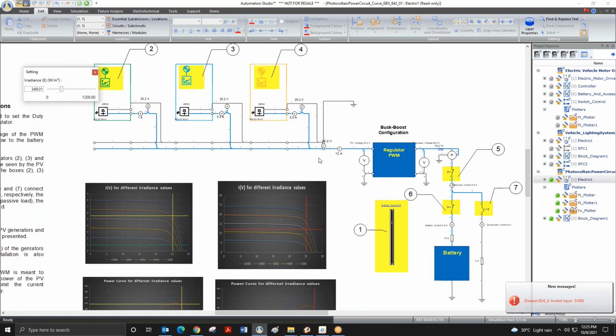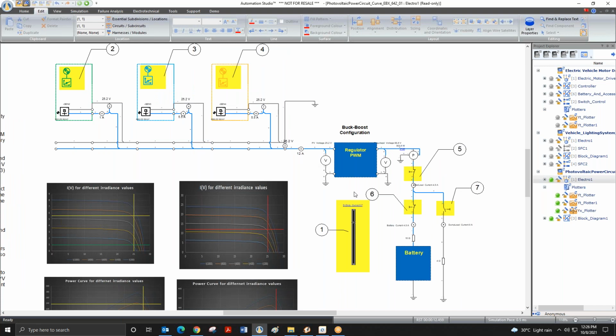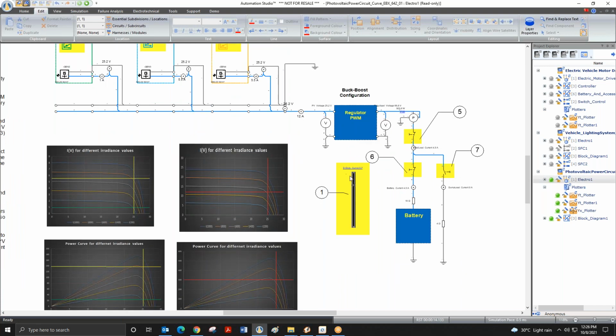These three we have connected in parallel. The total power or the total voltage we combine over here and give it to the buck boost converter. The buck boost converter we are operating at maximum power transfer. By changing this slider, we are actually controlling the duty ratio D of the buck boost converter. That's how we can set the maximum power transfer point.